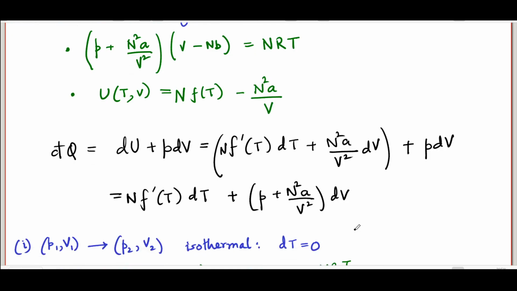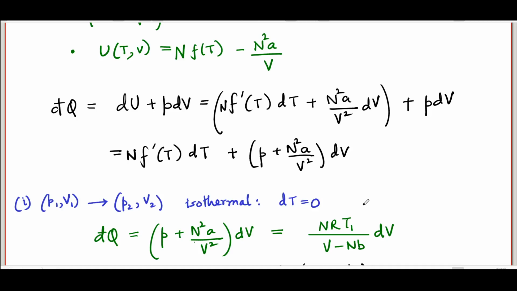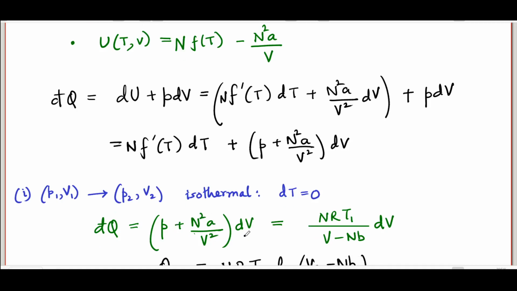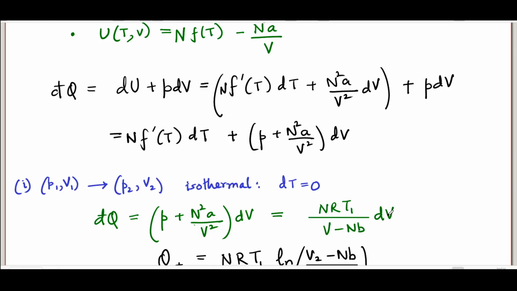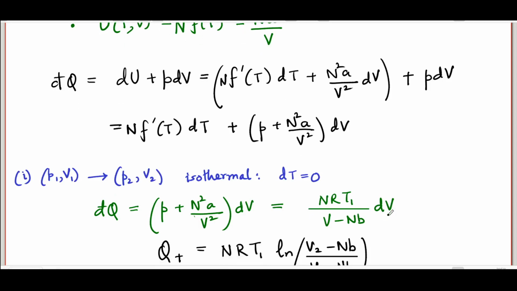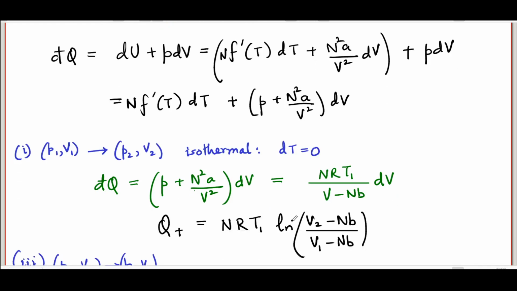Now, using this general expression for d cross q, the heat absorbed, let us consider first the isothermal expansion from P1V1 to P2V2. Here, of course, temperature is a constant, so dT is 0, and this term drops off. You just have this. And temperature, of course, is constant at T1. So d cross q takes the form (P plus n square A by V square) dV, and according to the van der Waals equation of state, this is simply nRT1 by (V minus nb) times dV. So Q plus, the heat absorbed, not the work done in this case, but the heat absorbed, is simply nRT1 times the integral of dV by (V minus nb) from V1 to V2,